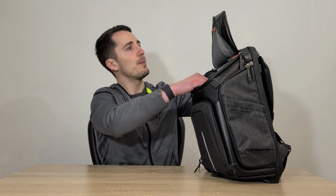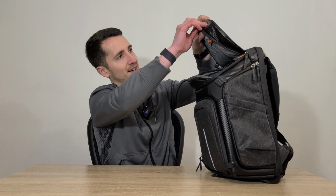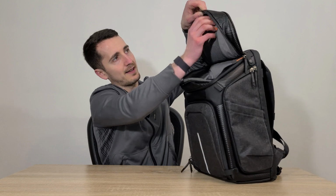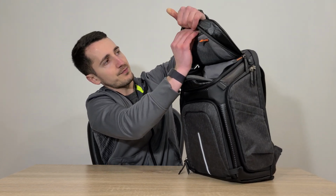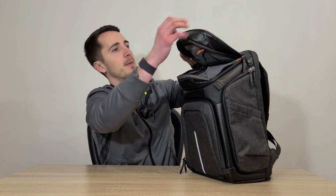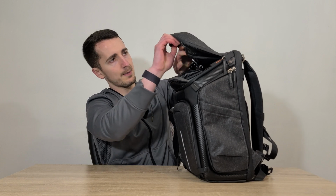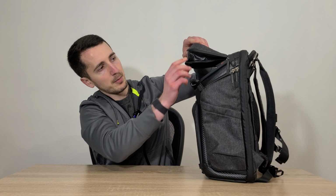And then one more feature. I told you this bag has a lot of features. It's crazy what they've thought of with this. Is this thing Velcros on here. Velcros down, but this top compartment, oh, I know why, because I have this flipped inside out. There we go. This top compartment actually expands. So you can pull this,